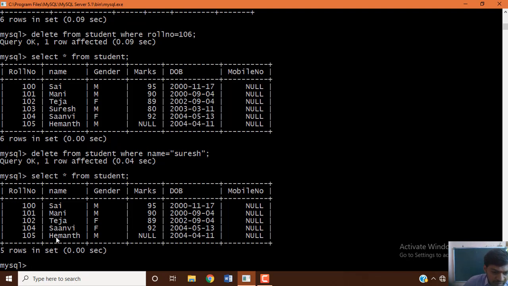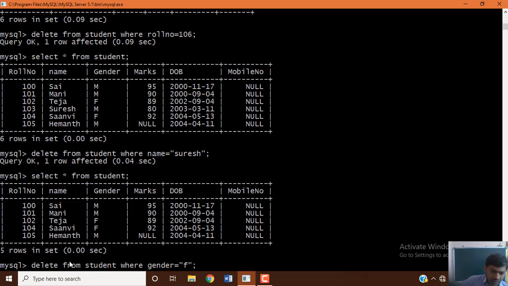Suppose now you want to delete multiple records, let's see another way. DELETE FROM student, WHERE gender equal to, which is a character, so you must specify the value within quotes. In this case, DELETE FROM student WHERE gender equal to female.